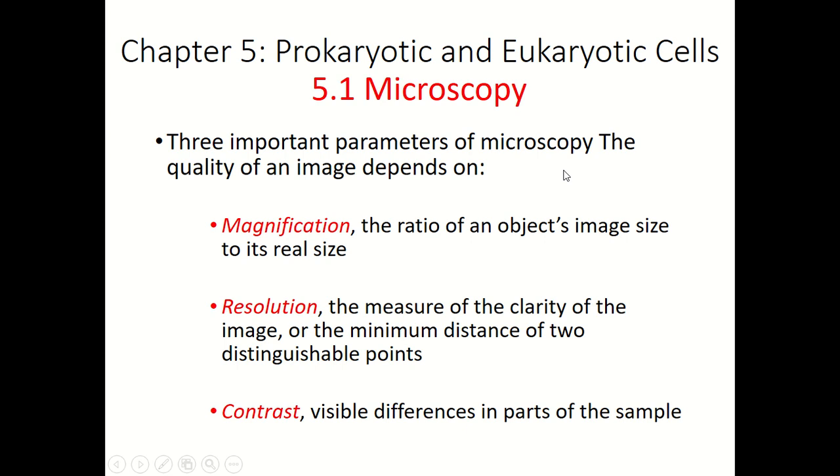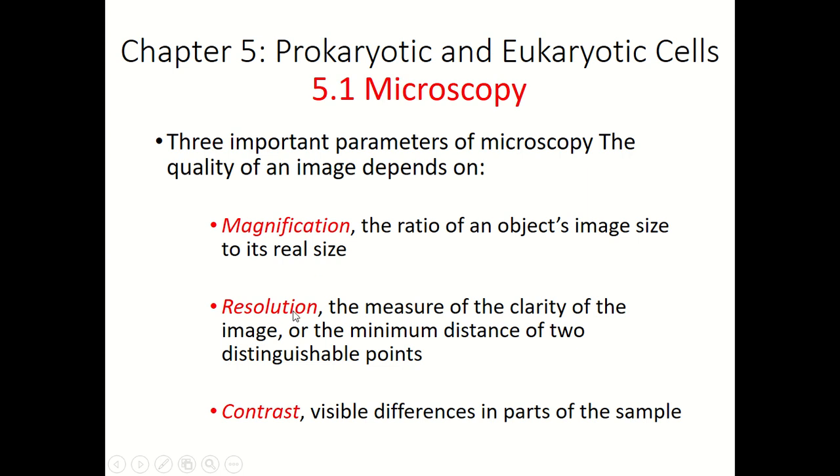And then, there are three important parameters in microscopy that give the image a certain quality. So it depends on the magnification. As I mentioned earlier, magnification is the ratio of the image or object image size to its real size. Maksudnya berapa kali, how to say, kita nampak kat spesimen tu kan, spesimen tu bigger than its real size, so we magnify, kita membesarkan lagi dia punya